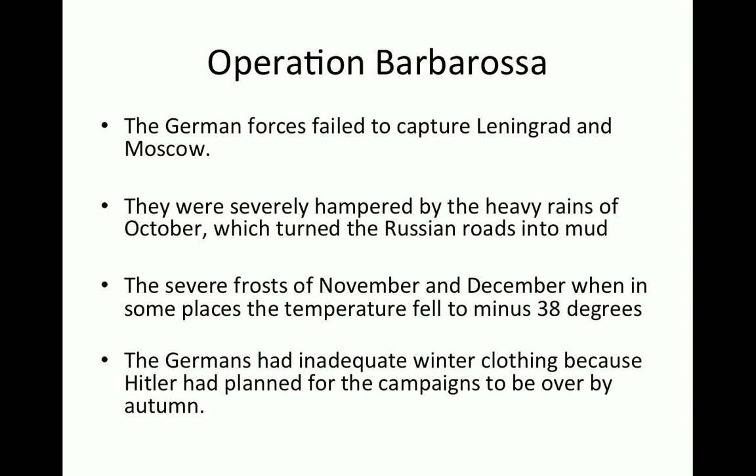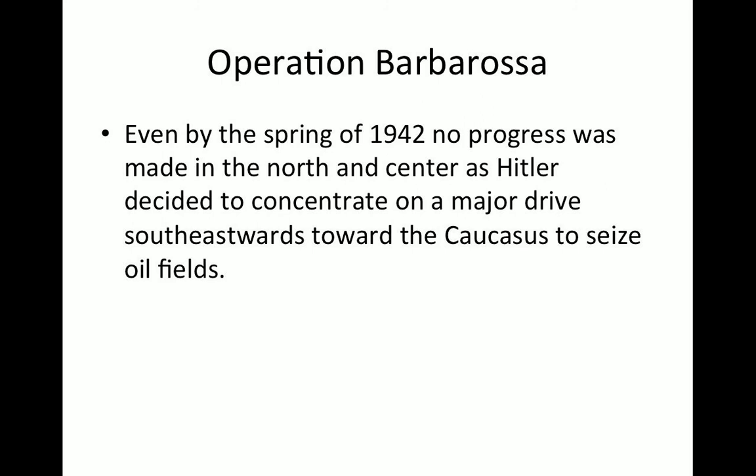And Hitler had planned for this to be a quick, easy capture of the Soviet Union. He made the comment along the lines that all we have to do is kick in the door, and this place will fall easily. And the Germans had inadequate winter clothing because Hitler planned for the campaigns to be over by autumn. So troops weren't supplied, there were cold, harsh temperatures, and they weren't ready for the terrain. And so by spring of 1942, no progress was made in the north and center,